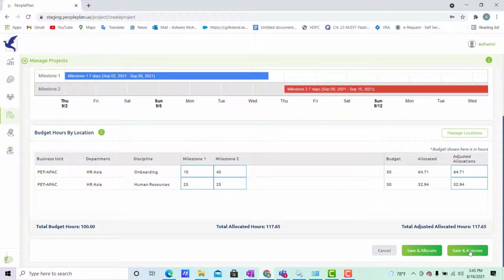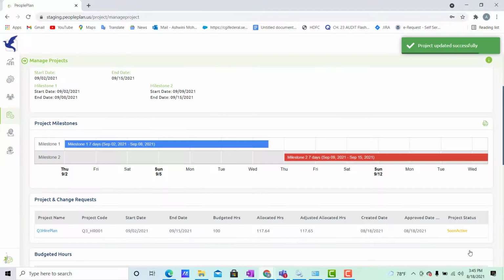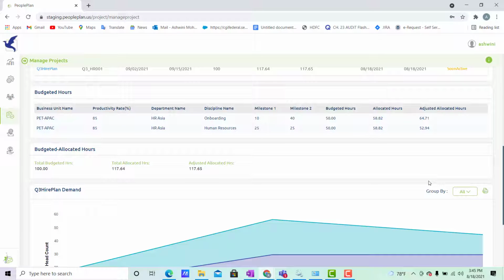All right, I've made the changes. You can see them. It's reflecting, and I'm going to save my changes. Once I've saved my changes, you can see that the new changes are populating for me here. So you can go ahead. It gives you such a visual representation of the data that it's so much easier for us to analyze